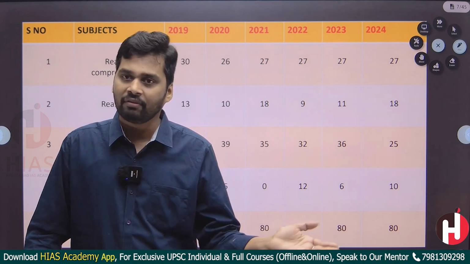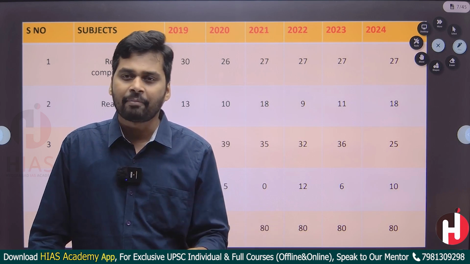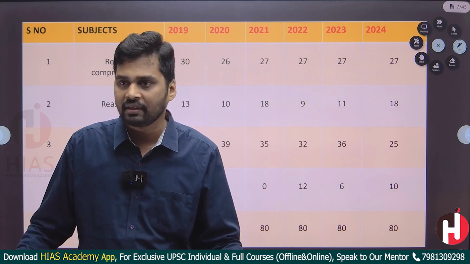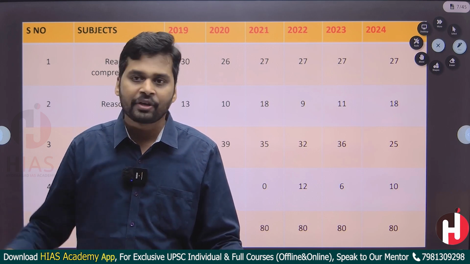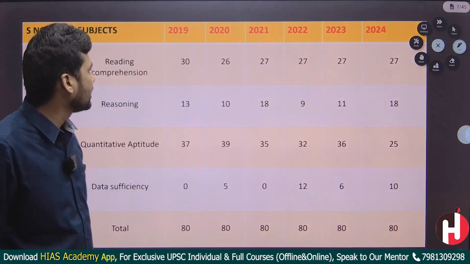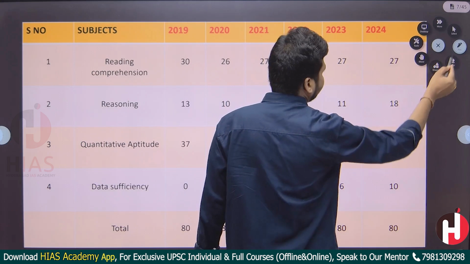So logical reasoning, when you compare it with quantitative aptitude, is easy, right? Mostly they depend on logical reasoning and comprehension, and they easily qualify. But the story is different from 2019. You can see that. So I'll go one by one.